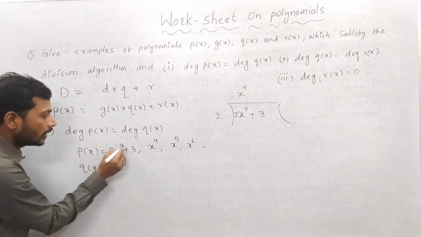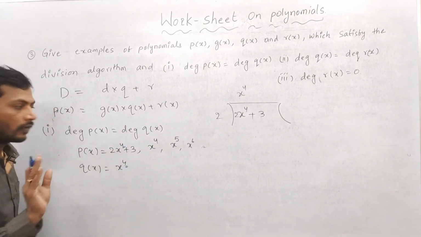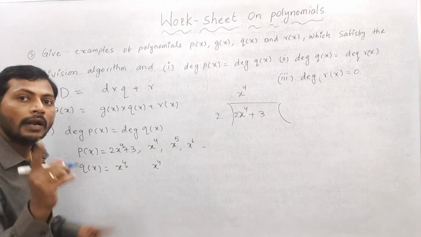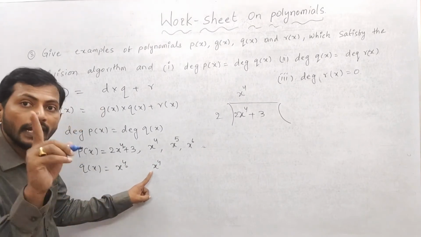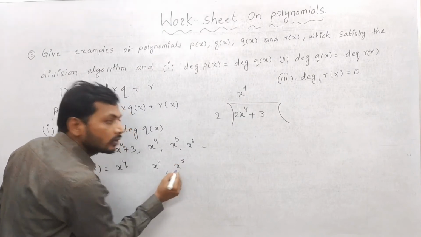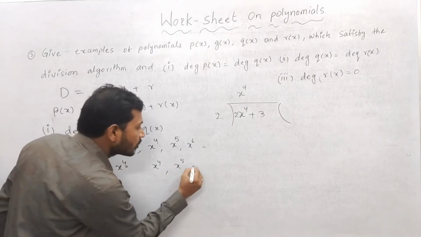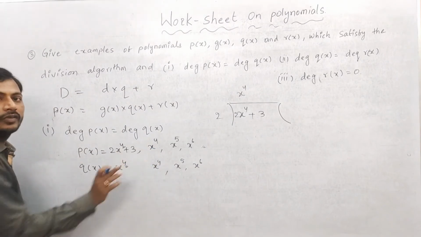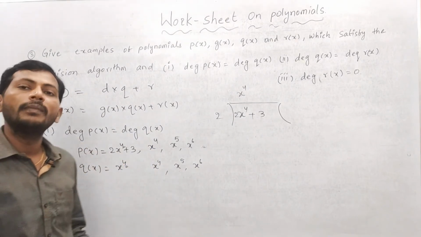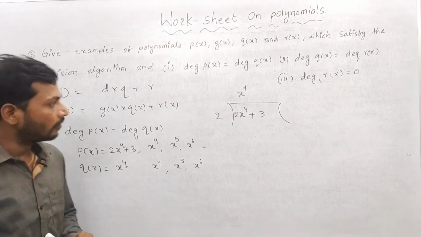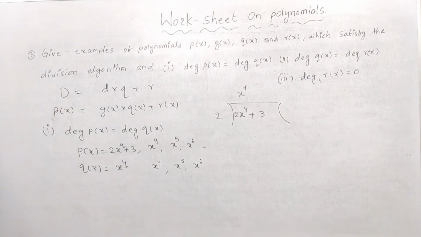In this case I am taking x power 4. Once observe, degree 4, degree 4. Very good. In this case also I am taking x power 4, then I am dividing with 1. If I take x power 5, then I am dividing with 1. If you write the same polynomial in both, your answer is correct. Clear? Very good.